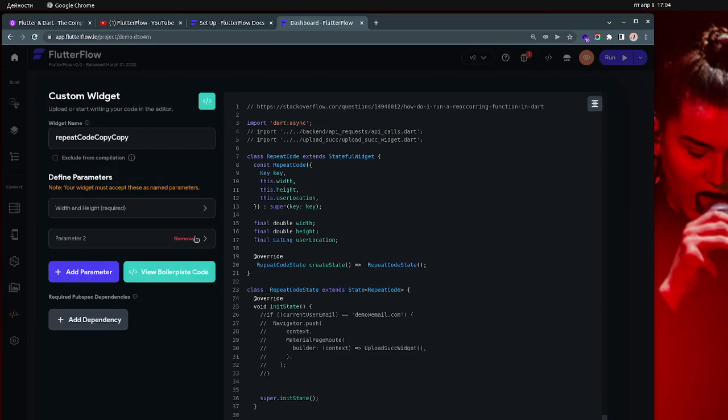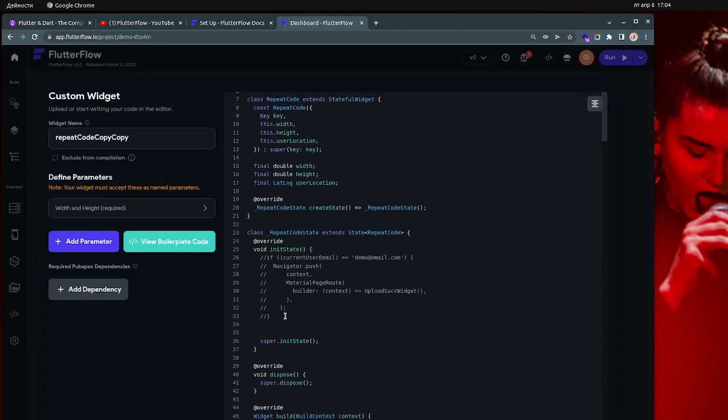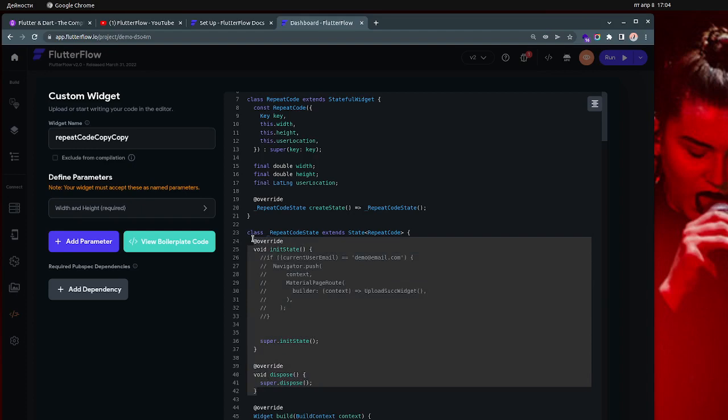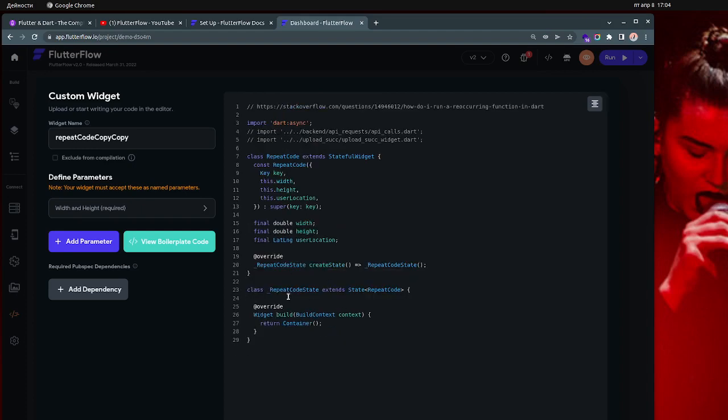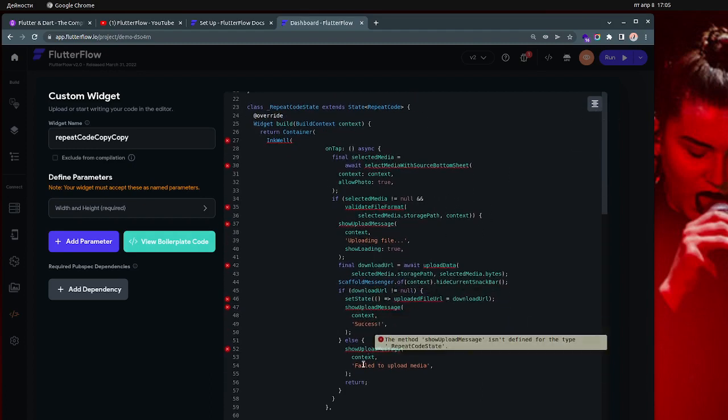We don't actually need the parameter over here right now. Later we'll need it, but right now we don't. We don't need this code as well, and we can keep the container. It's okay with that. And we can just paste this code over here. And then it says I didn't import it